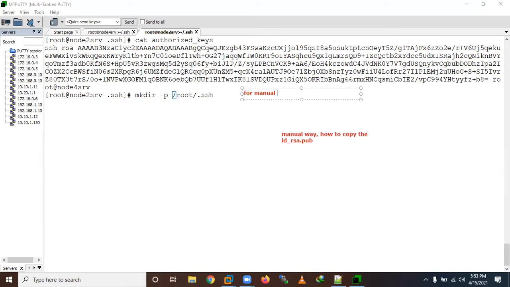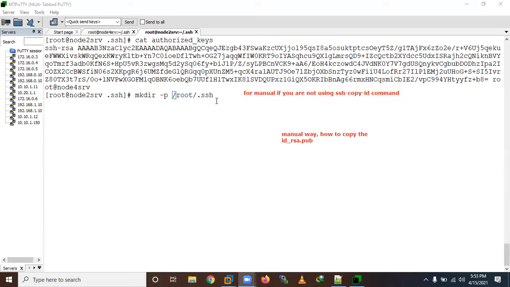If you are not using the ssh-copy-id command, then you need to create this directory manually.